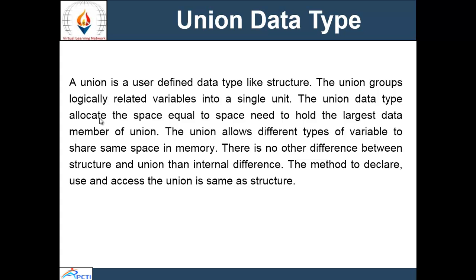Next topic is union. A union is a user-defined data type like structure. It also groups all related variables into a single unit. A union data type allocates the space equal to the space needed to hold the largest member of the union. See, there is a little bit of difference between structure and union. In union, we can declare different data members of different data types in a single unit